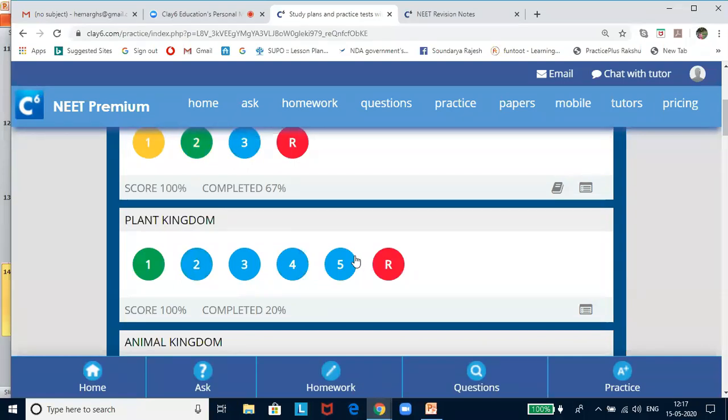Before going to the revision part of the lesson, you all must be in a state to know how NEET is going to be. The suspense is building because the dates are also postponed. Now, see, if we are looking at the analysis of the NEET paper, what we find is there are three broad types of questions. One is totally NCERT based. One type of questions are direct from previous year's question paper, and a few are modified questions.